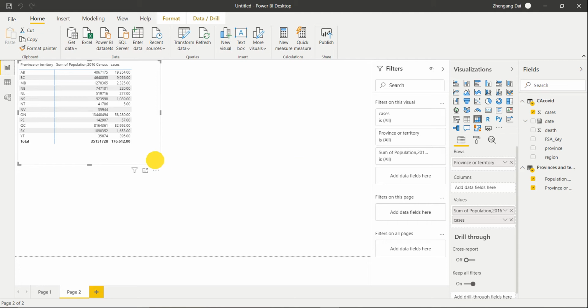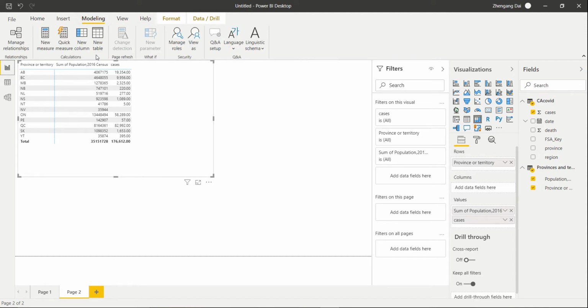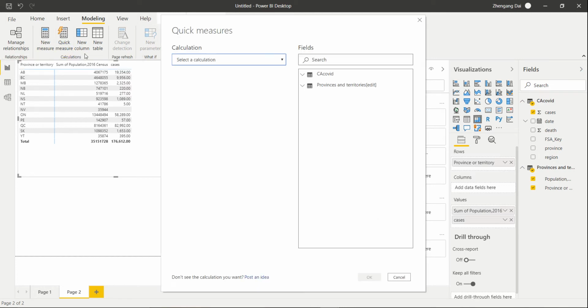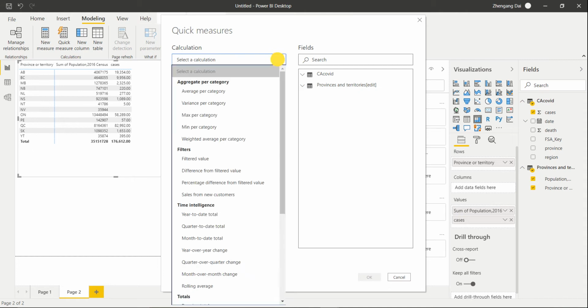Okay, so this is the population and the case. How about if we want to calculate the ratio from the case divided by population? What we can do is go to the modeling. We get a new measure. Measure is a very important concept in Power BI. But don't worry if you don't know how to write the DAX, which is data analysis expression, and quick measure will help you to solve the problem. So let's do the quick measure,